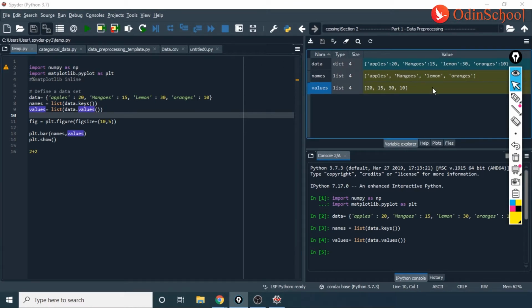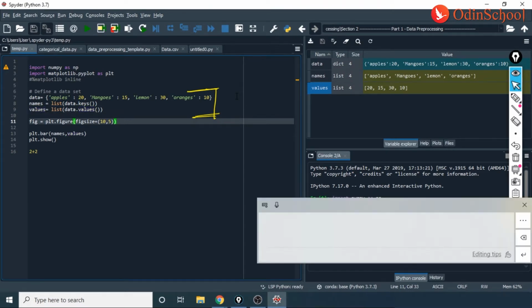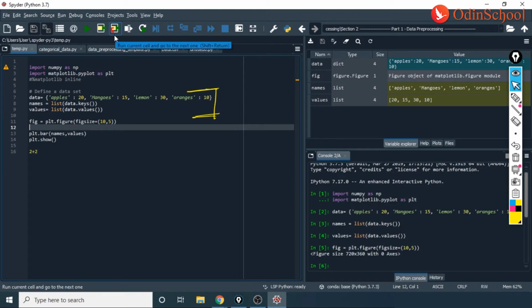Okay. So keeping that in mind, we have executed this step here, and then I would want to see my figure. Now this becomes an important step, and when I do this, you would have your figure. Yeah, here goes your figure.